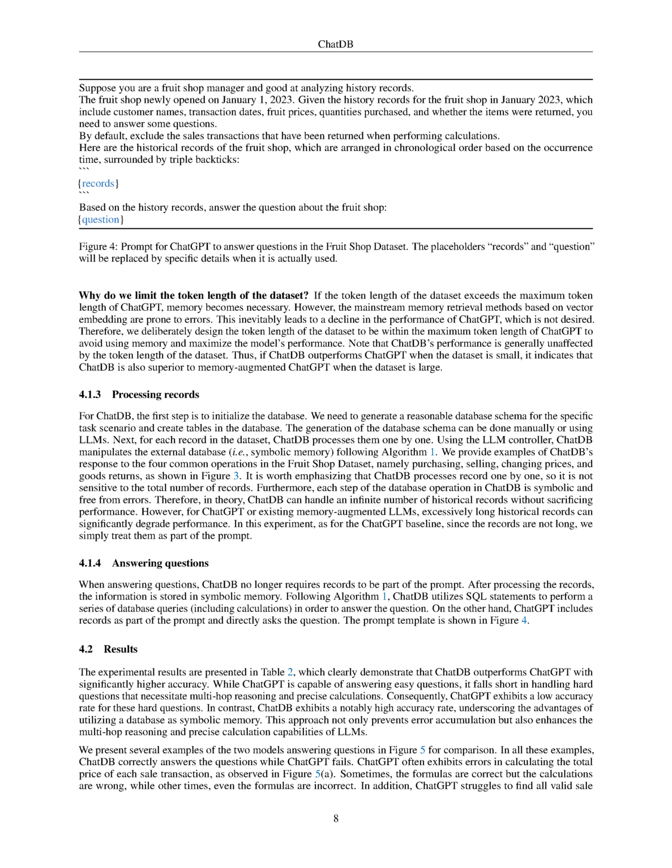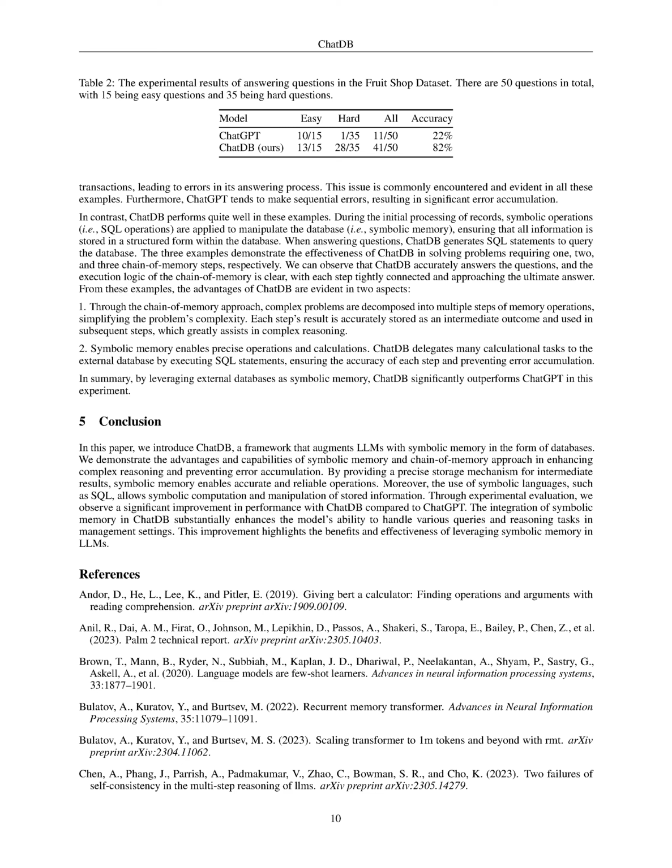This problem with identifying all valid sales transactions leads to errors. Furthermore, ChatGPT often makes one mistake after another, leading to an accumulation of errors. In contrast, ChatDB performs exceptionally well in these cases. Initially, it uses SQL operations on the database to store all the information in an orderly manner. When answering questions, it generates SQL queries to extract the needed information. Our examples showcase how effective ChatDB is at solving problems, even when it requires 1, 2, or 3 consecutive steps